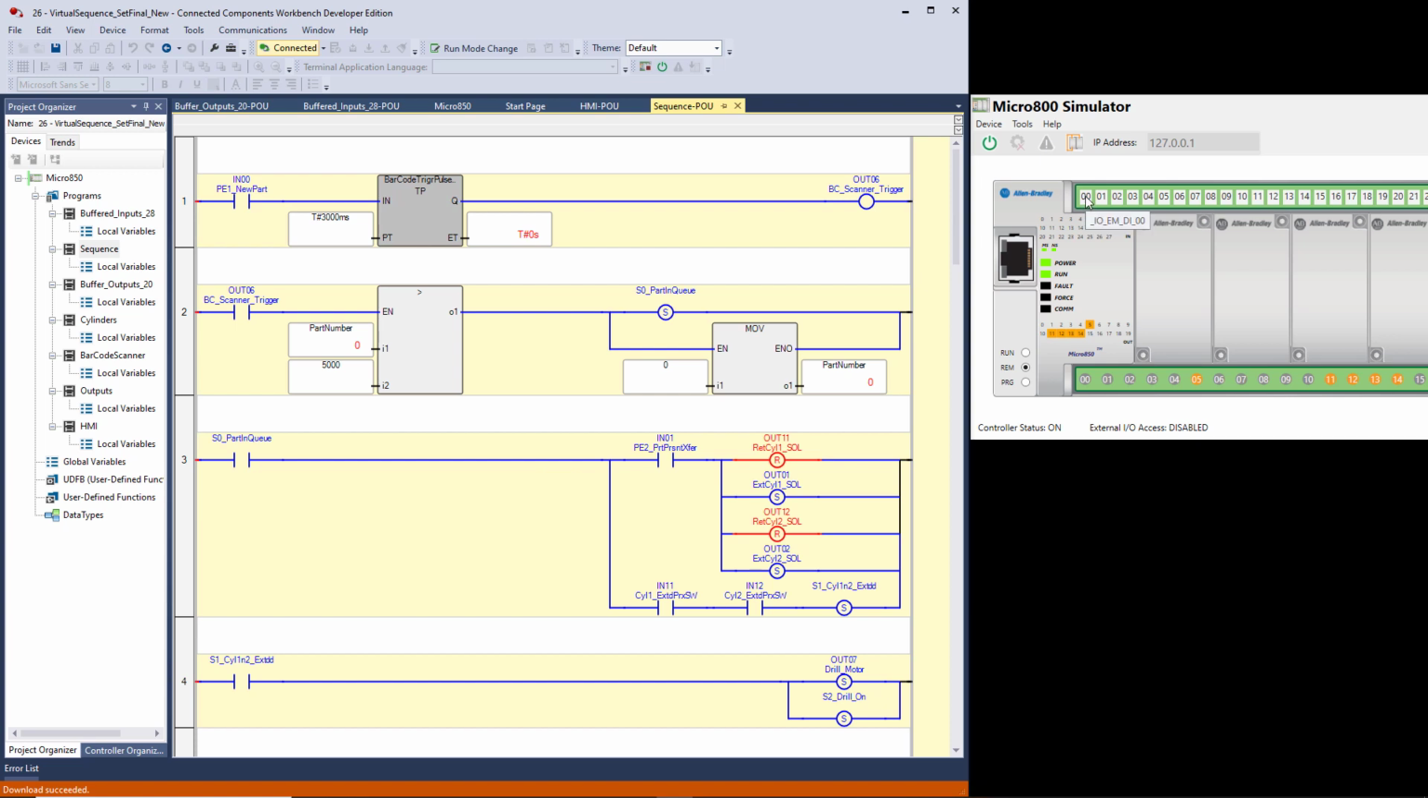So if I toggle on input 0, it's going to scan the barcode on the part. And if the part number is greater than 5,000, which you can see it is here, then I'm going to set a part in queue. Now, if I don't